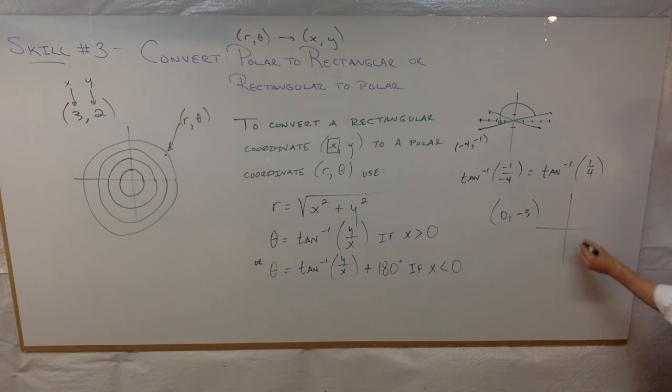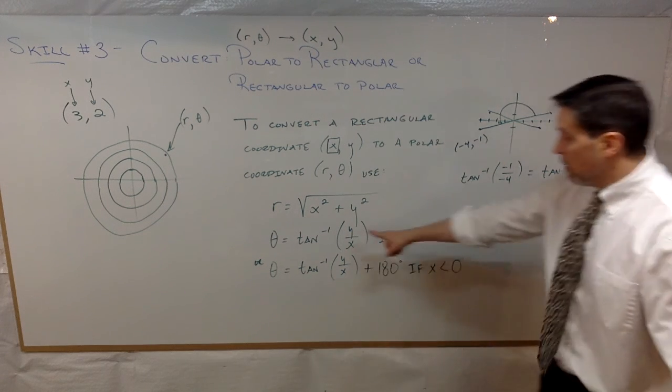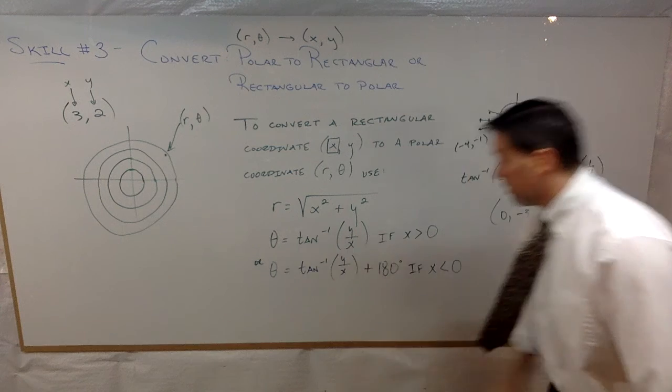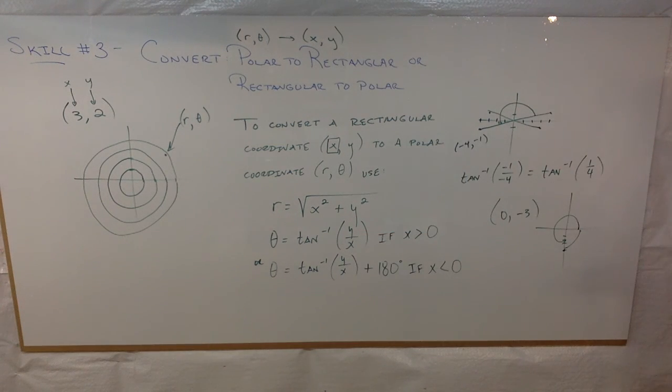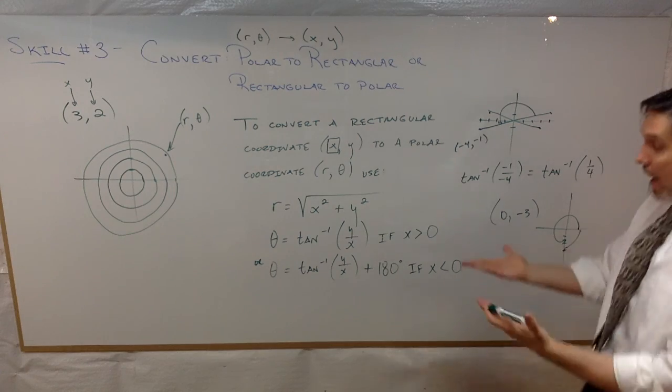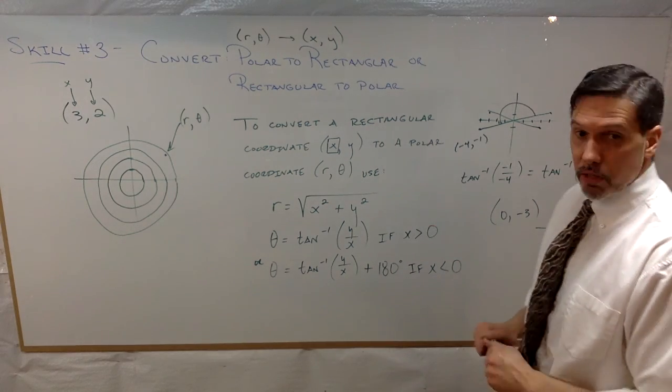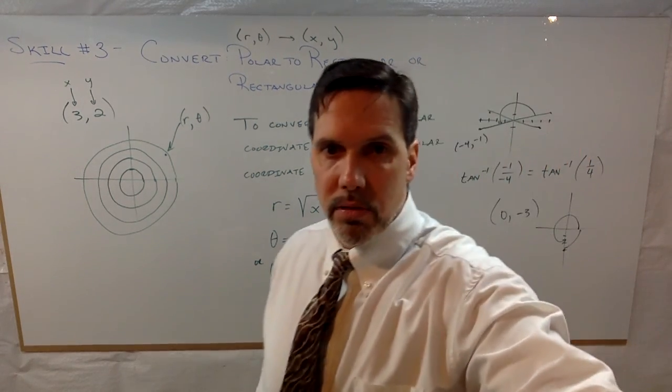Where is 0, negative 3? Well, 0, negative 3, you could call it negative 90, or you can call it 270. It's not that big of a deal when it's quadrantal. Simply draw it out. So if your x is 0, yeah, you're in big trouble with tangent inverse because that is undefined. So a simple picture will indicate what your angle is. So don't panic when you come up with x equals 0. Right? We'll see some examples in that last